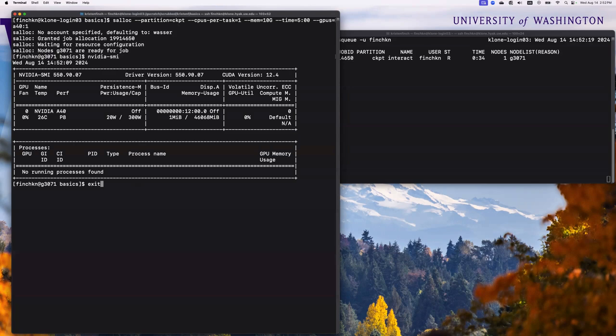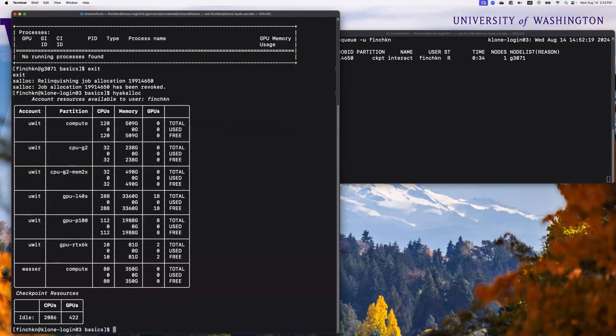I'm going to exit. I'm going to do hyakalloc again. So I have some GPUs available to me because I'm part of the UWIT account. So I have some GPUs that are available to me and other members of my group. I'm going to show you, if you have a GPU available to you, your command to open that is going to look a little bit different. It's going to be salloc